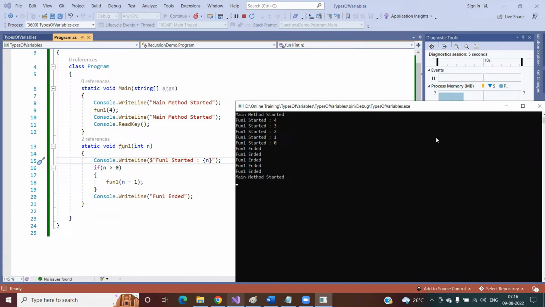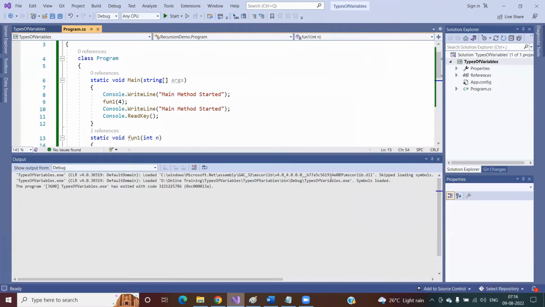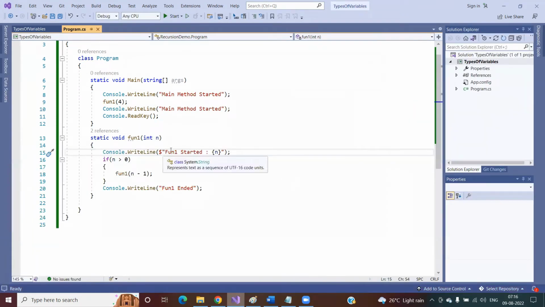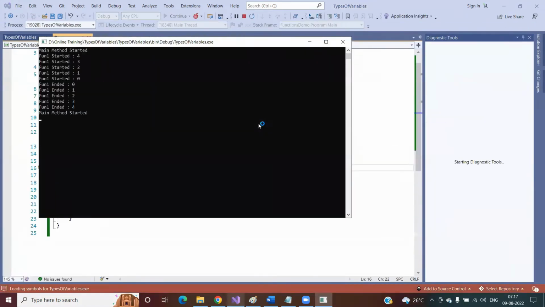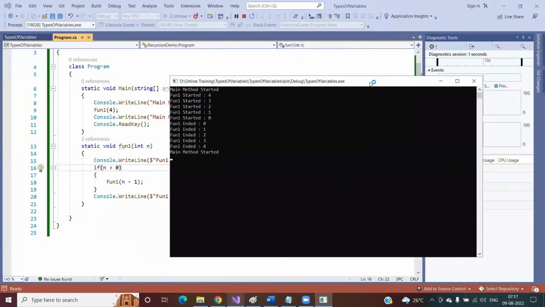Please observe. Okay, so for better understanding, I can also type the same thing. Please observe. So the fun1 function started how many times? With the value 4, with the value 3, with the value 2, with the value 1, with the value 0,